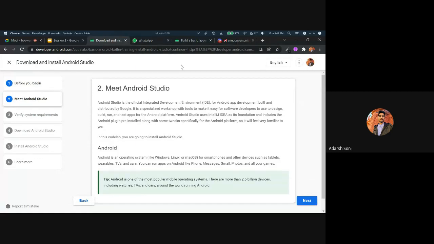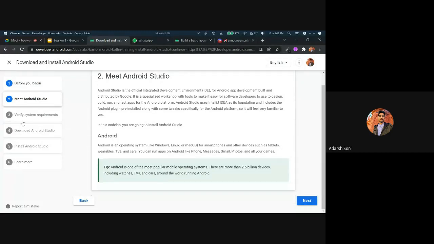It shows you a real-time preview of what your design will look like as you create each screen. Similar to how Google Docs checks your spelling, Android Studio checks for errors as you type. It also gives you suggestions to help you code faster. Android Studio builds and runs your app either on an actual Android device or on something called an emulator, a tool that allows your computer to simulate an Android device.